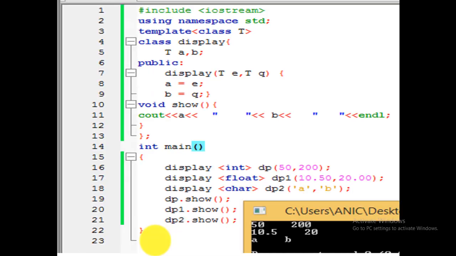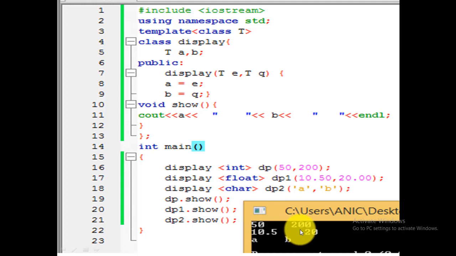It will work properly, as here we created three different objects. In the first object we are passing the int values, in the second object we are passing the float values, and in the third object we are passing the char data type. So when we call the show function with dp, then T will receive int values that are 50 and 200, and it will print 50 and 200.